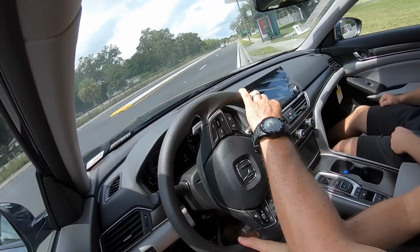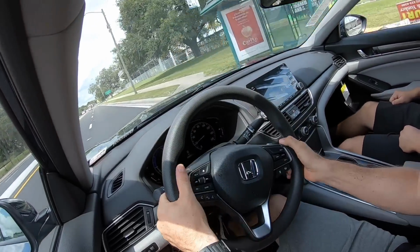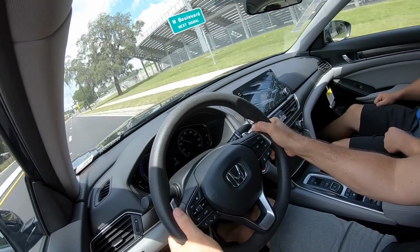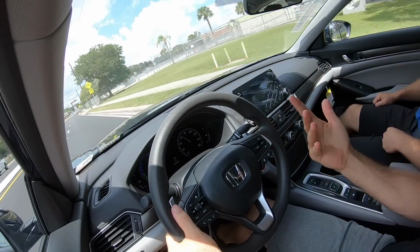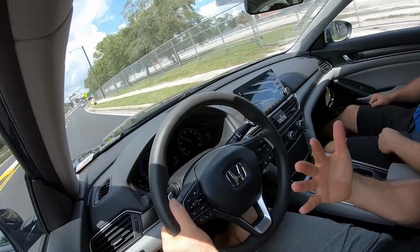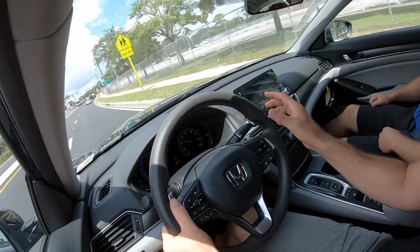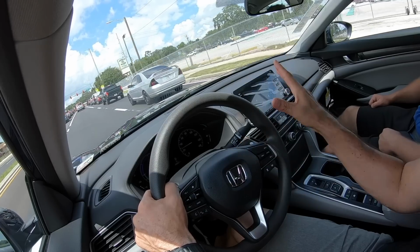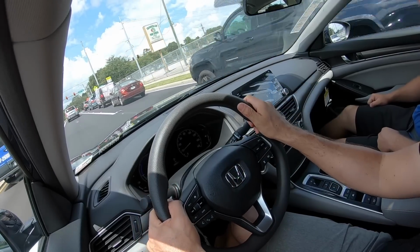But rolling out, let me show you again. I'll get on throttle. The problem is with a CVT, like I said, it just allows that engine to scream. But I guess it's one of those needed things to help with the transferring between the internal combustion engine and